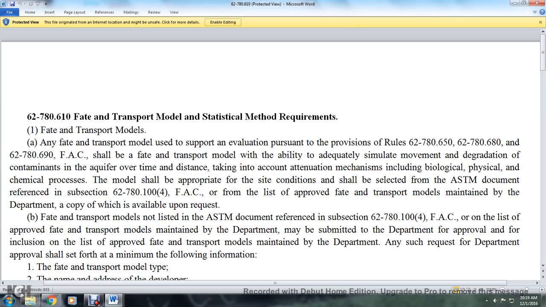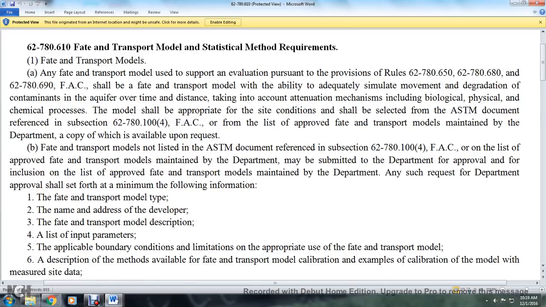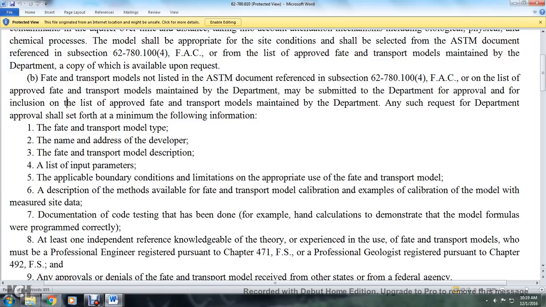Any such request for Department approval shall set forth the following minimum information. One, fate and transport model type; two, the name and address of the developer; three, the fate and transport model description, including a list of input parameters; the applicable boundary conditions and limitations of the appropriate use of the fate and transport model; the description of the methods available for fate and transport model calibration, with an example of the calibration for the model and the measured site data; seven,